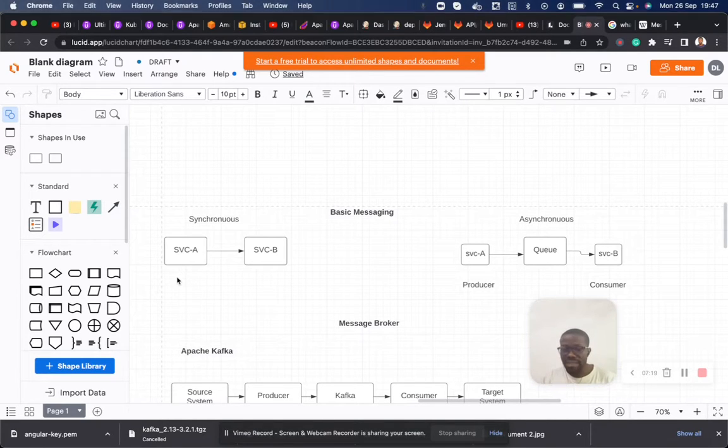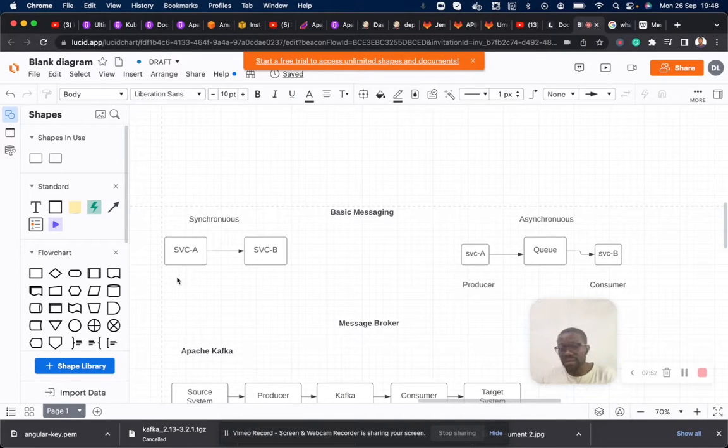Service B might find it difficult to receive all of those services from service A. Then service B might run into what we call downtime. So the moment service B runs into downtime, service B will take its time to process the 1,000 services being sent by service A. All right, so that is where we have an issue with the synchronous style of messaging.